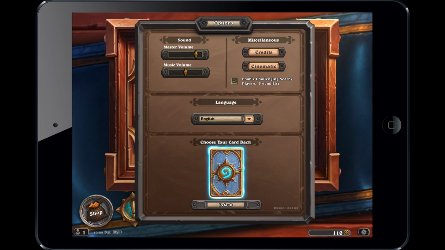Here is the options menu. As you can see, you got your sliders, music and master volume. You got the credits. You got a cinematic. I already watched the cinematic and it works just fine. Video. Sure. Enable. There's two toggles here, which don't really do much. Don't do anything as of right now. Enabling challenging nearby players friends list, which I can only assume means that if you and a friend are on each other's iPads and you open up Hearthstone, you can challenge each other. And then you got your card back, which I have not seen in the Hearthstone PC version, but then again, I haven't played the PC version in about a couple months. Anywho,